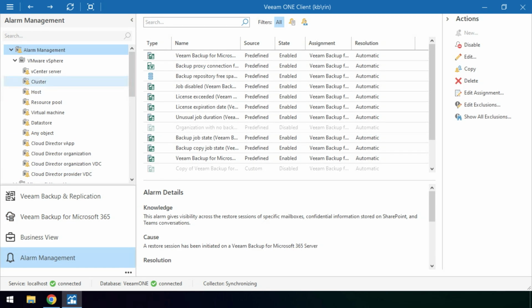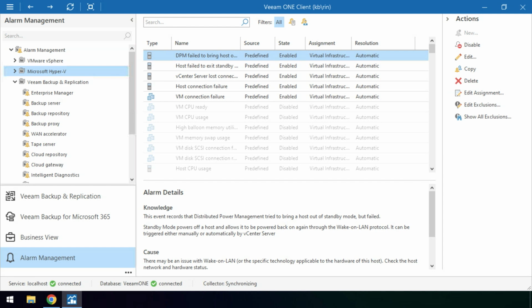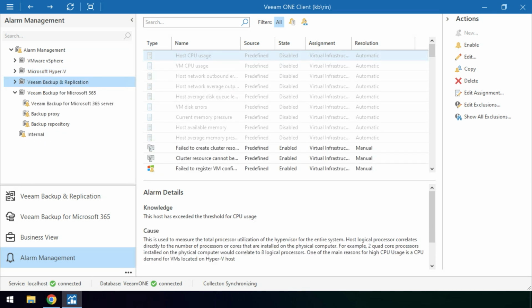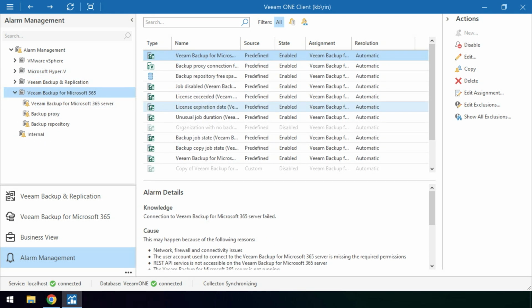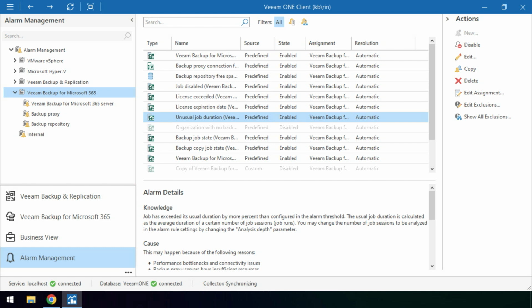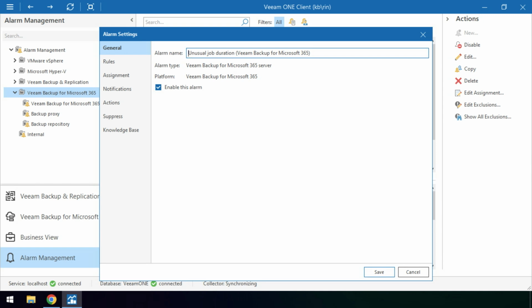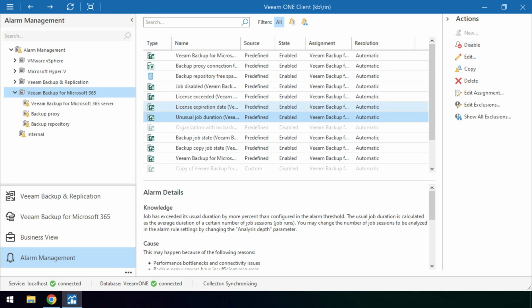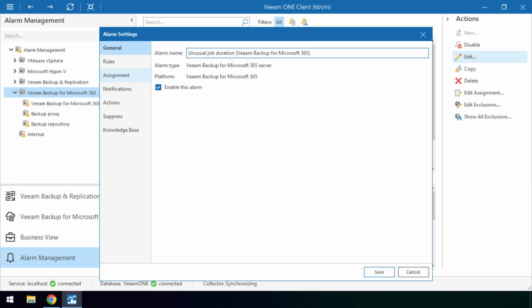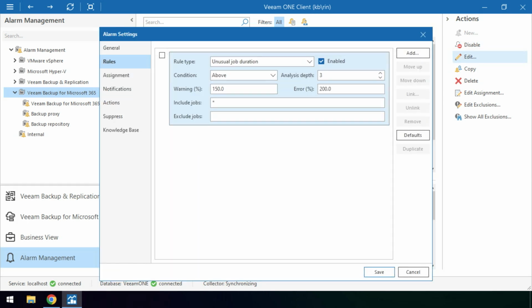There are tons of alarms that we can dive into and enable, as well as modify in cases of special needs. Taking a look at, say, the unusual job duration. If we know our environment takes a significant amount of time to run a certain job, we can have additional rules and defined sets for that job to make sure it doesn't give us false positives.